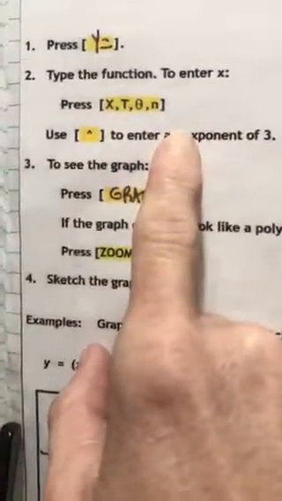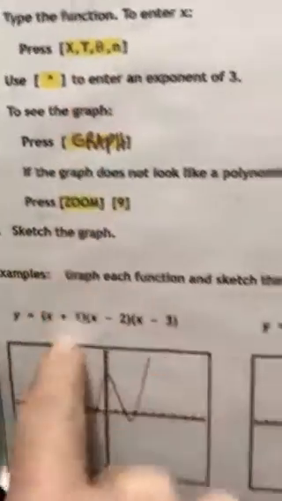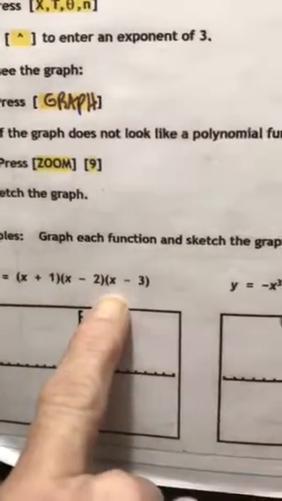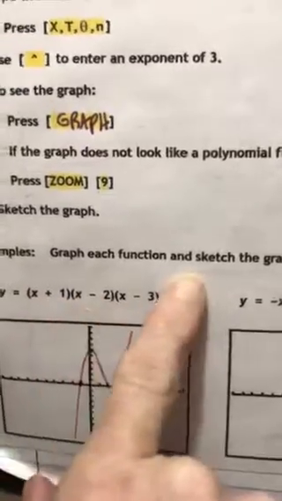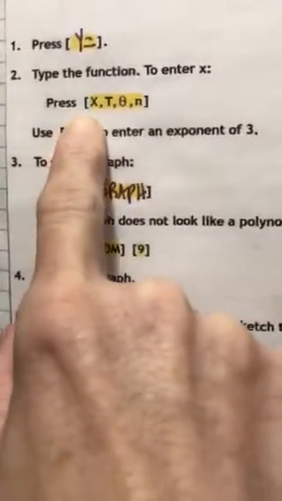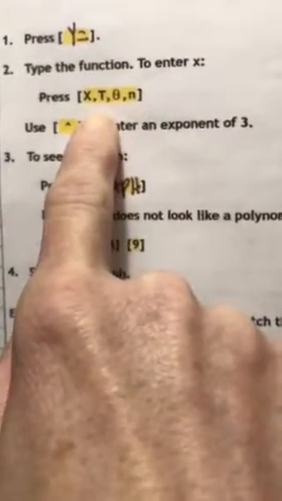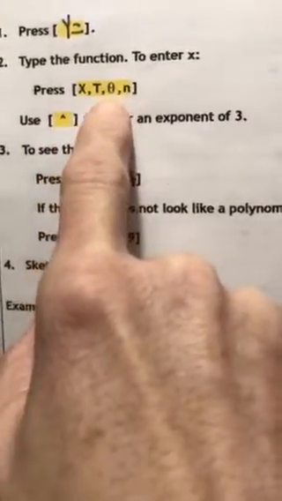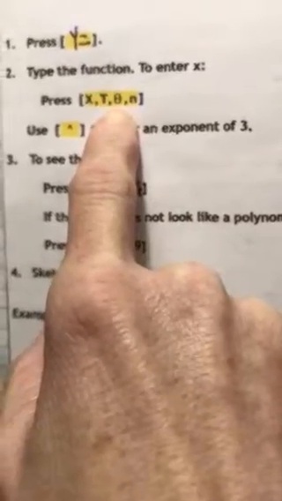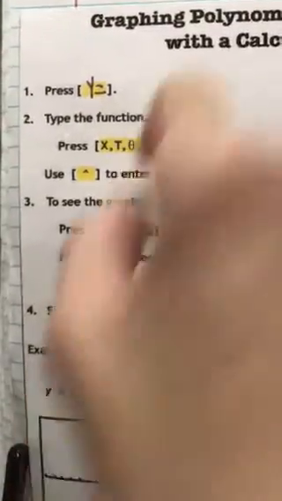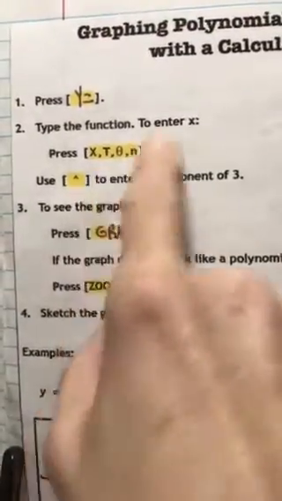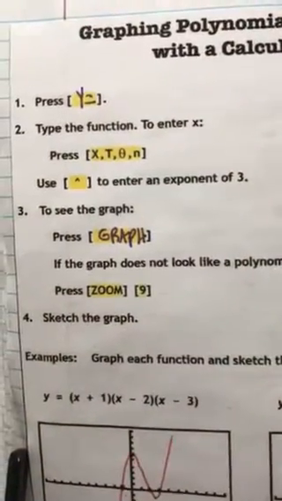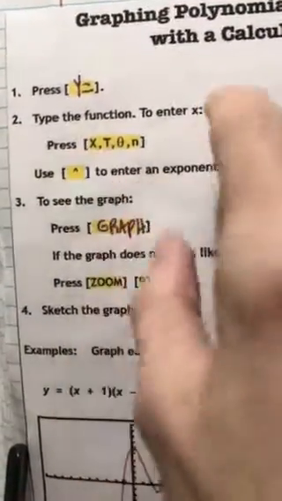To enter the function, I'm going to have to get a variable in it because this has x's in the function. So I'm going to have to enter those in. In order to do that, I'm going to have to press this button. I'll show you where that is. This just means there's actually several variables here. X, T, theta, which is a Greek letter, and then n, okay? The point here is this button will enter a variable, and the default on the calculator is to enter x,